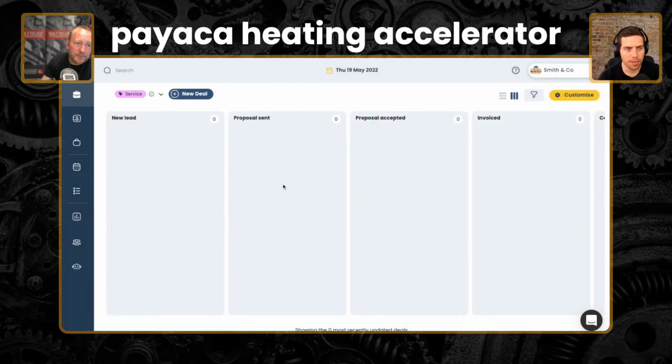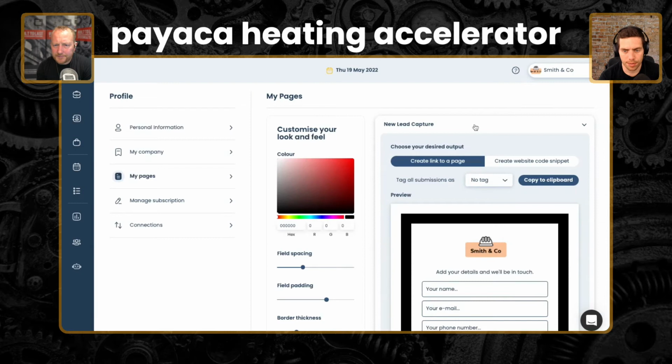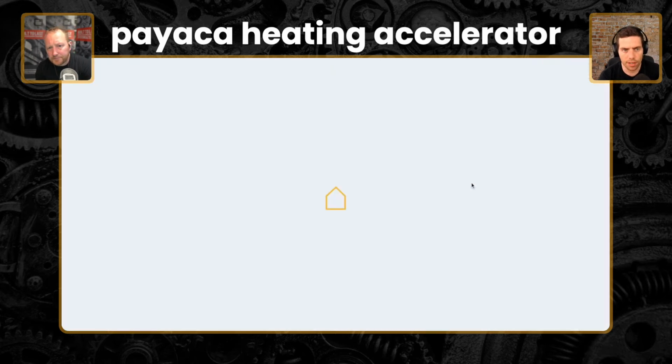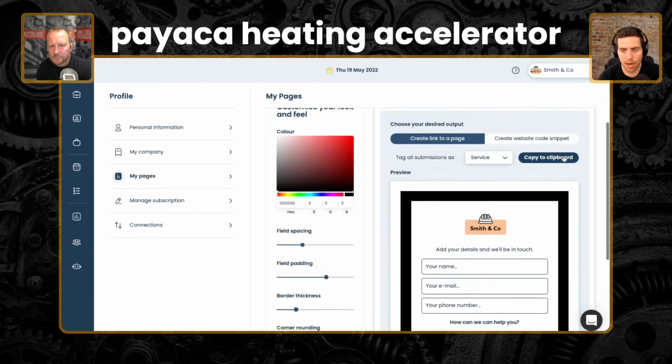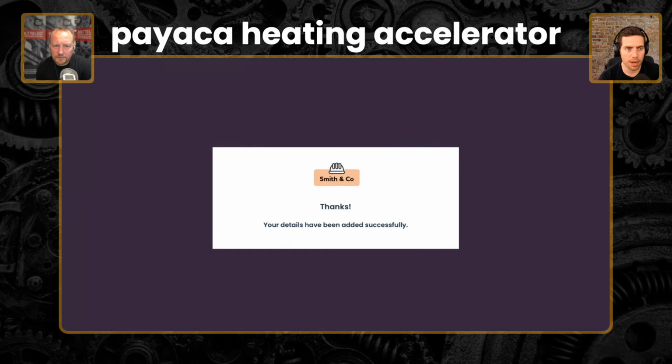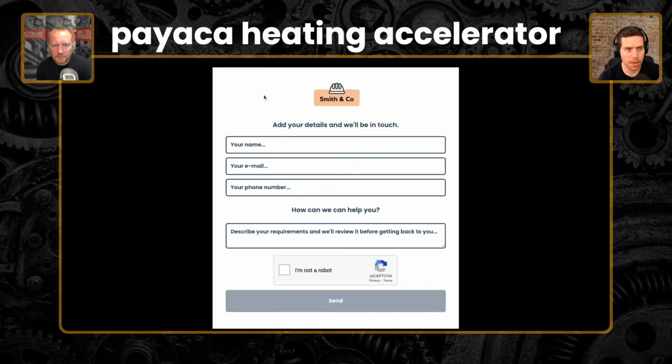So let's just show you a quick example of that. I've created a service pipeline there. So now if I go to pages, I'm probably going to have to refresh this. I can create a link to page and say I want this to be serviced, and that's there because I just created it. I'm going to copy that to the clipboard. I'm going to go here and go to that one. I'm using that link, and this is going to be